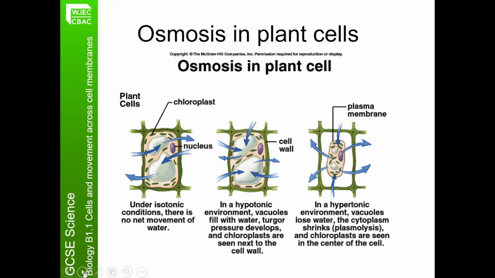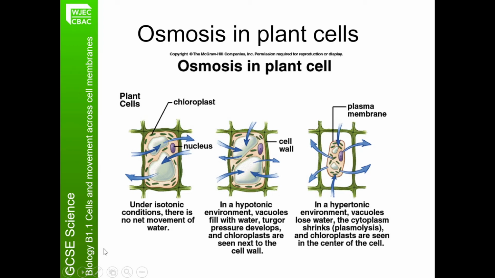So in this diagram here, we can see what happens in osmosis in plant cells when we put them in very, very weak solutions and very, very strong solutions and what they would look like under normal, what we call an isotonic condition. You've probably heard of that word isotonic previously, relating it to sports drinks. An isotonic solution or sports drink is one that has the same amount of water as is in your body cells so that you don't gain any additional water or don't lose any water. So it keeps the water levels in your body pretty much constant, which is really important if you're carrying out